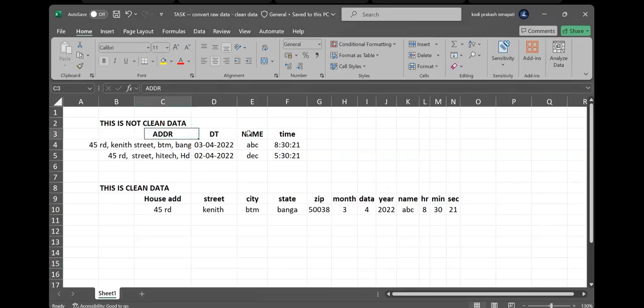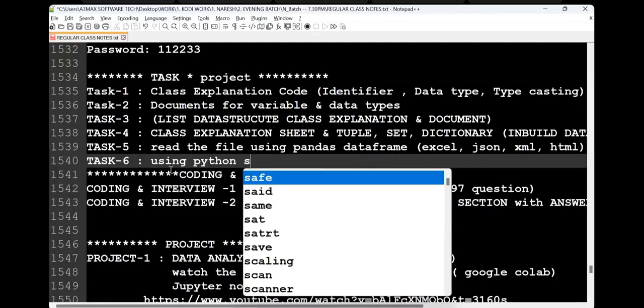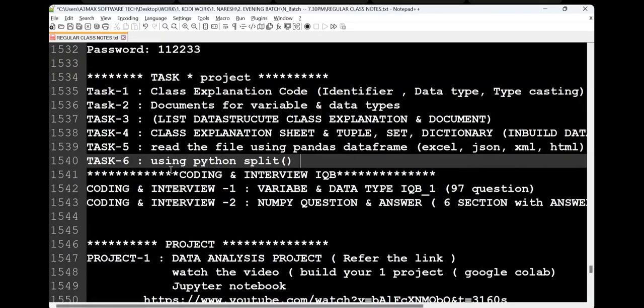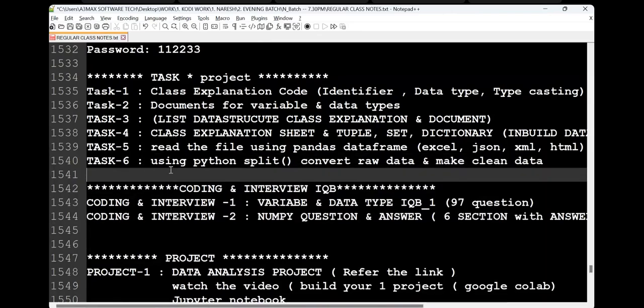From 3 attributes, am I creating more attributes, guys? Attribute creation or not? So we create new variables because of this. So using Python split functions, convert raw data and make clean data, guys. This is task 6.